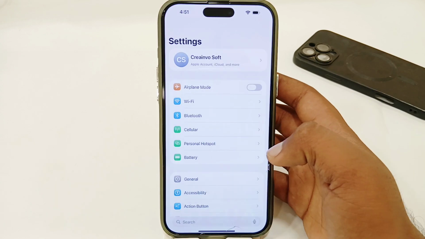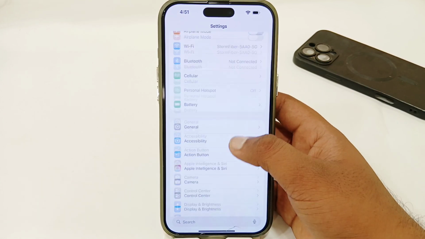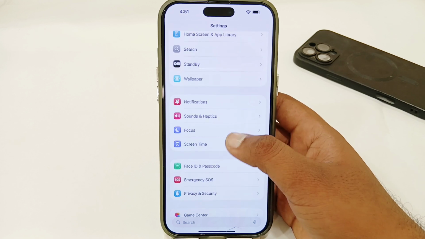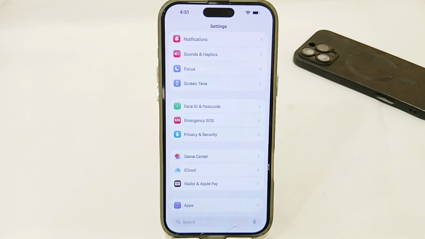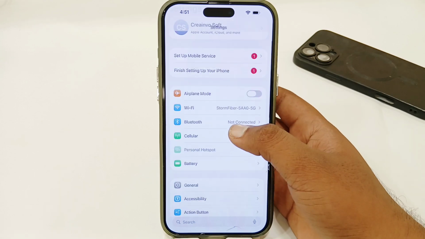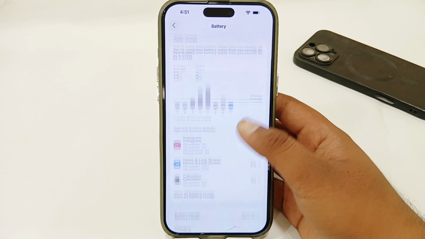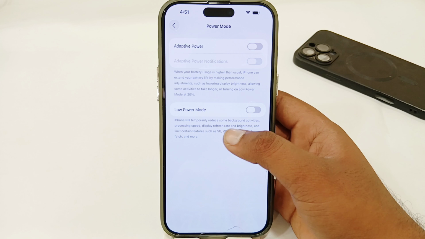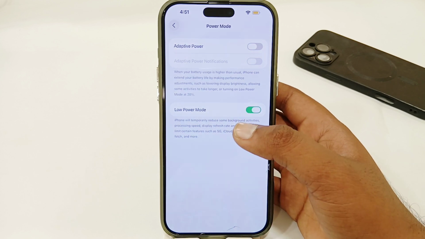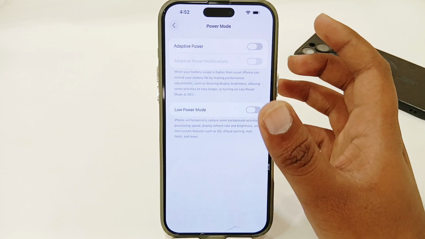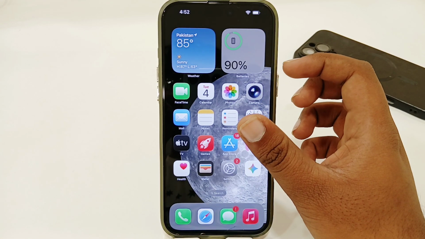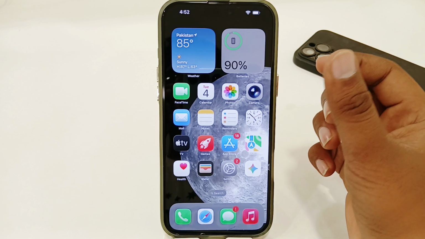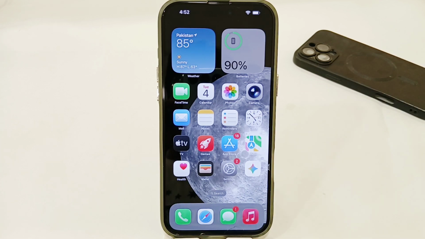So the very first reason is that you have to disable your low power mode, because it also affects motion on your iPhone. So first, you have to turn off or disable your low power mode. Just open your settings and go to Battery, and here you will get the Power Mode. Select that, and if you find Low Power Mode enabled, you just have to disable it first. Once you have disabled Low Power Mode, retry. Or if your low power mode is not enabled but you're still having the same issue, now what you have to do,